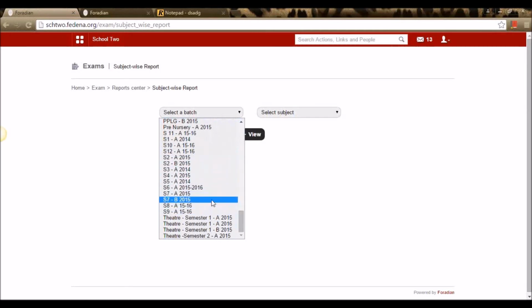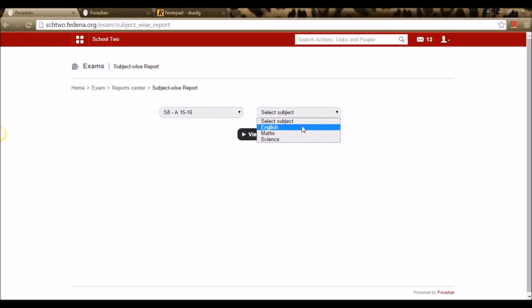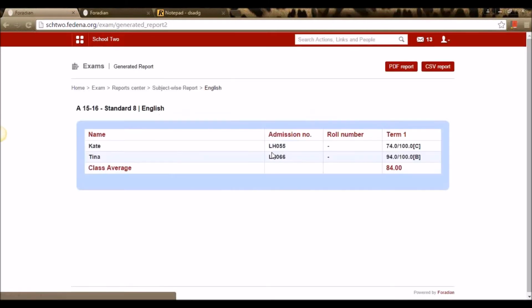Let me choose a particular course, and let's select a subject. Right here we can see the students in the particular course who have scored, and how much they have scored. We can get the report in PDF format or CSV format.